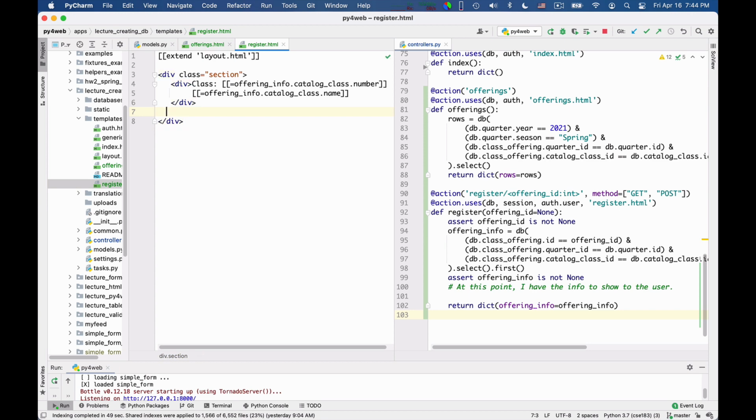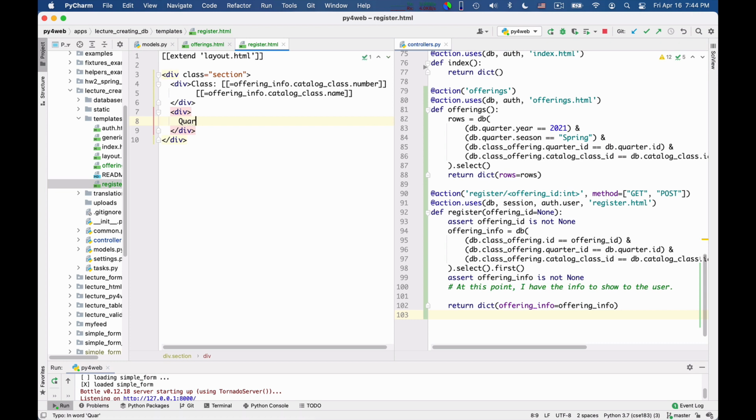And then I want to say some information about the quarter, I guess. Again, this is very, very rough. I'm just trusting that it will be enough for an example. And so here I will say quarter. Well, actually I can just say which quarter, okay? So I want to say first the name of the season. So offering info dot quarter dot how is it called?